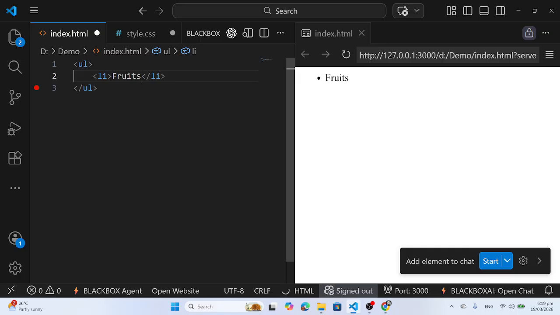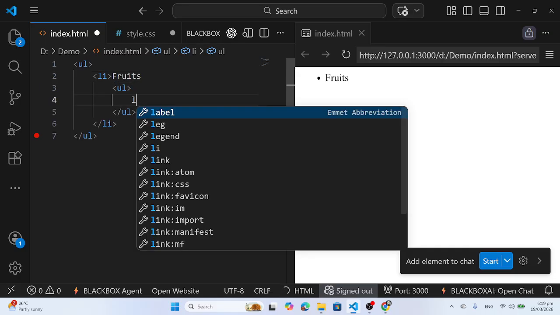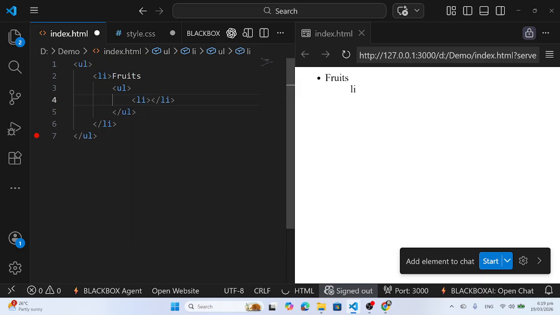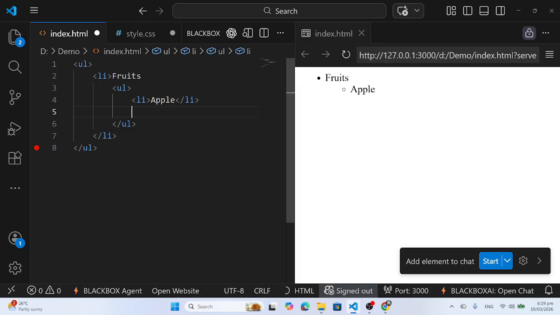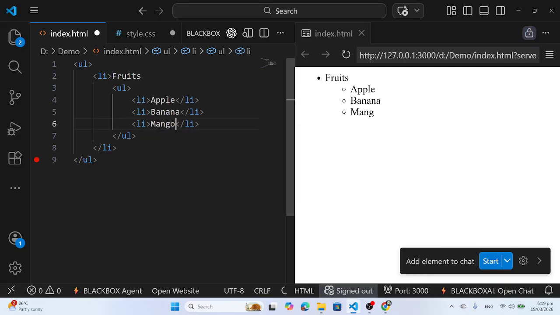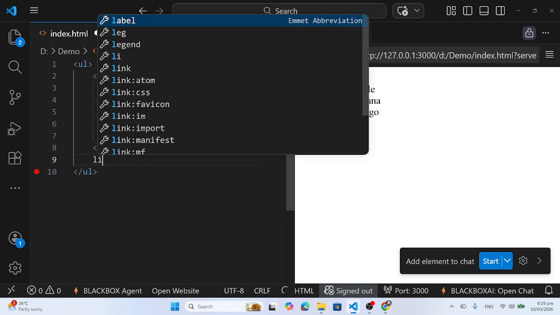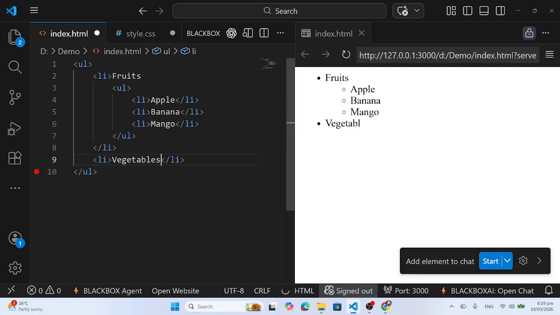So what you are going to do here is write ul again, and I'm going to write, for example, li, and I'm going to write here apple. Then I'm going to write here, for example, banana, and I'm going to write here, for example, mango. Okay, so as you can see, if I close this tag and again start with the vegetables,